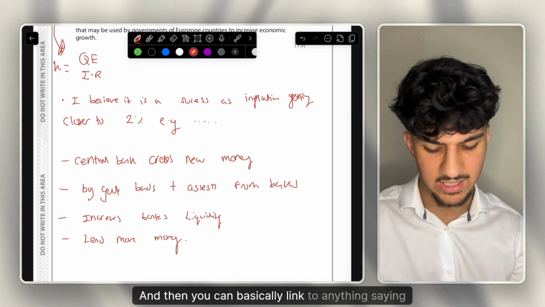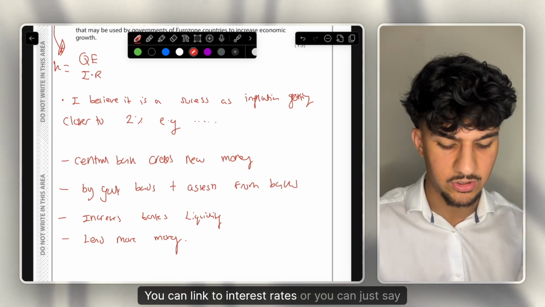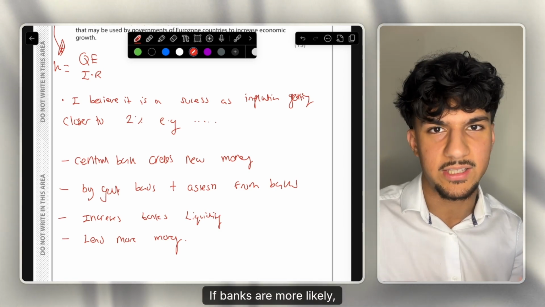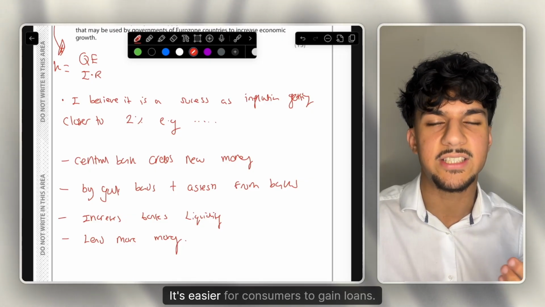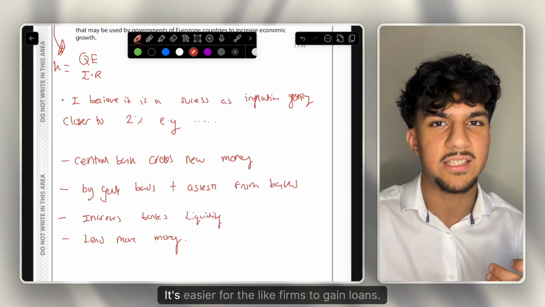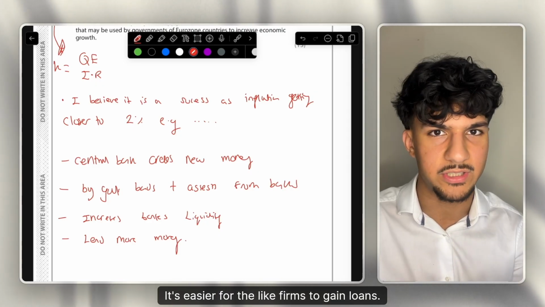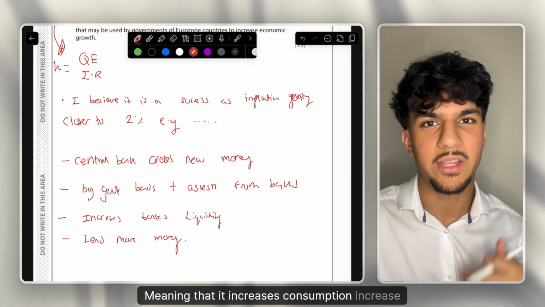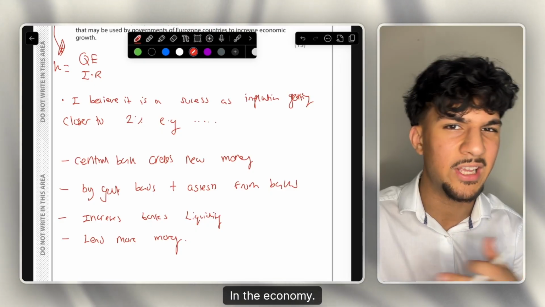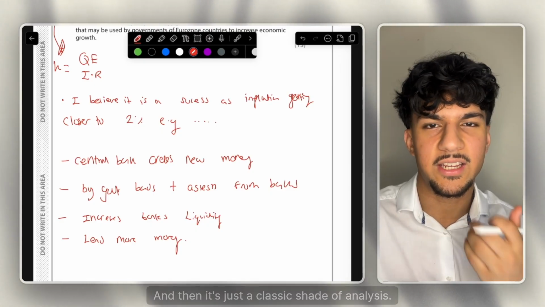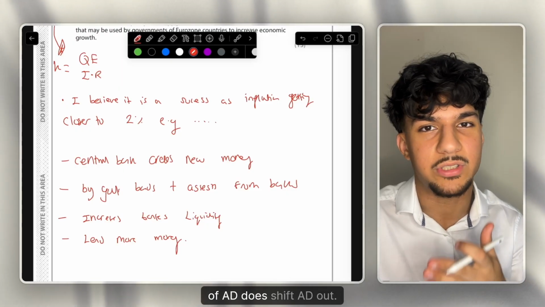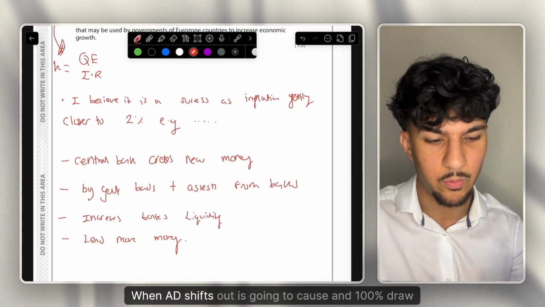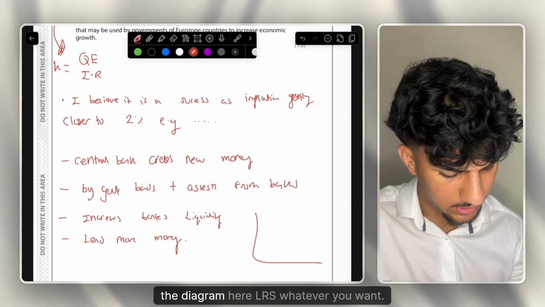And then you can basically link it to anything, saying that you can link it to interest rates, or you can just say if banks can lend more money, they have more liquidity. It means that it's easier for consumers to gain loans. It's easier for firms to gain loans, meaning that it increases consumption and increases investment in the economy, and then it's just a classic chain of analysis. Increase consumption, increase investment. Therefore, consumption is about 60% of AD, thus shift AD out. When AD shifts out, it's going to cause, and 100% draw the diagram here,